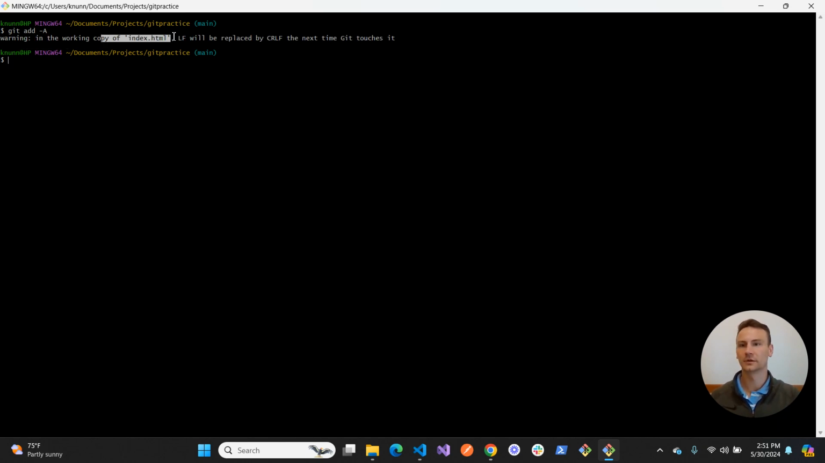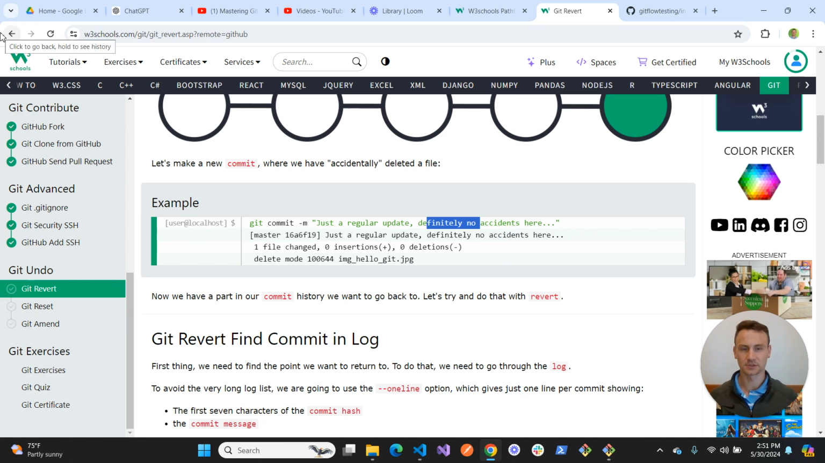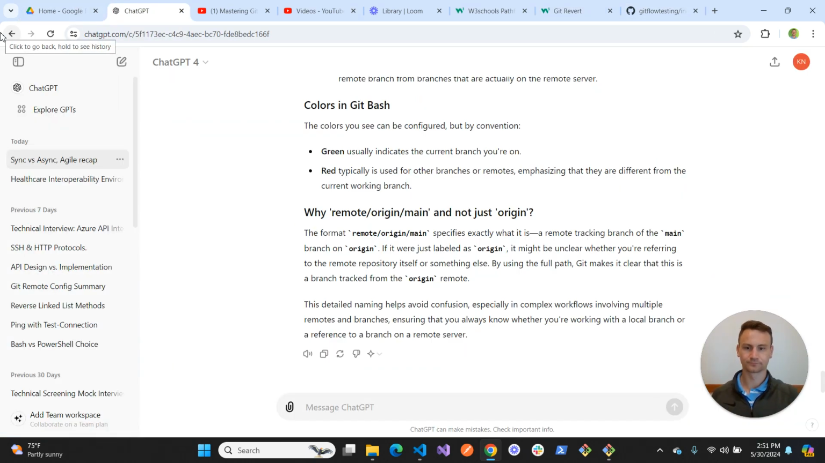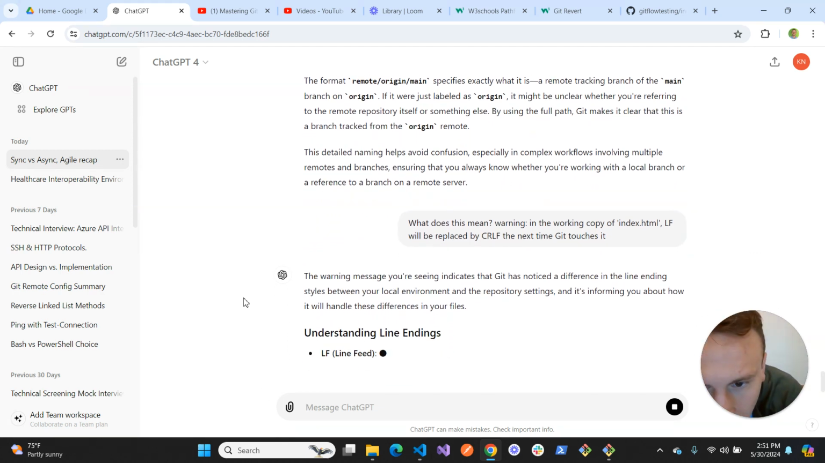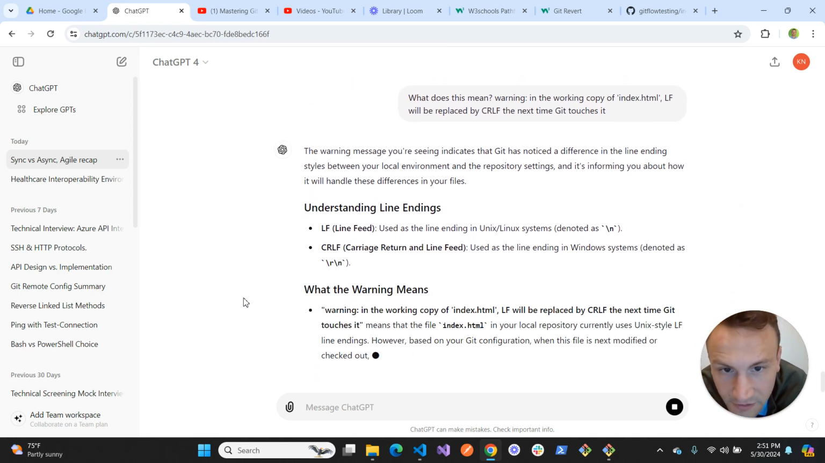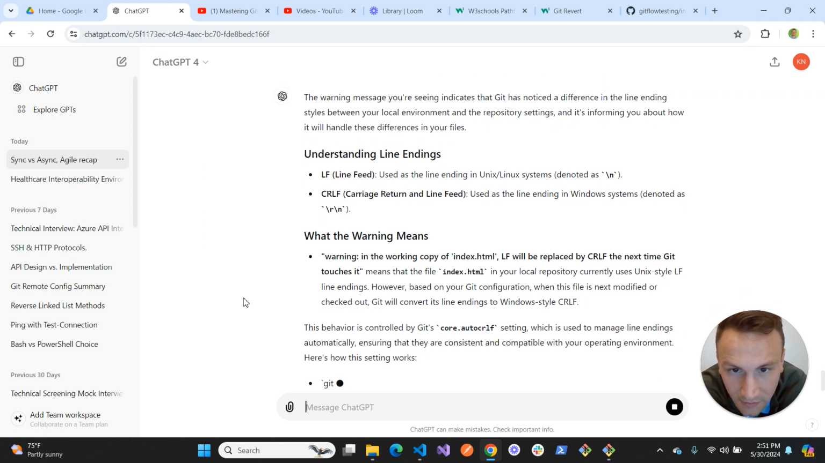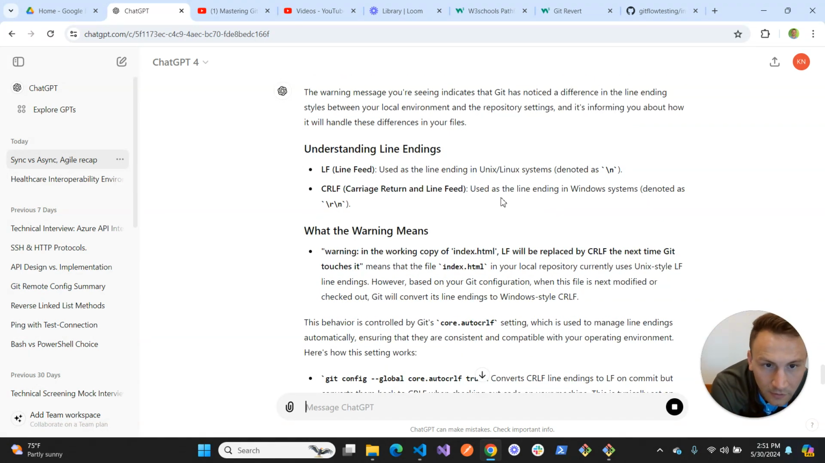Working copy of index.html. Next time Git touches it. What does this mean? It's informing you about how it will handle these differences in your file. Understanding line endings. All right, what this is,